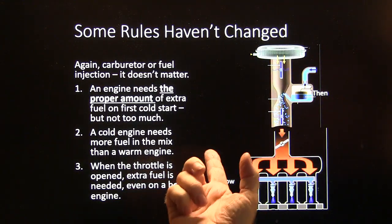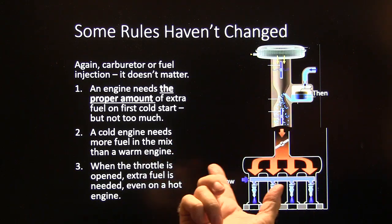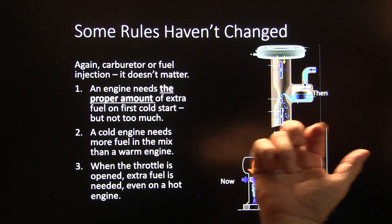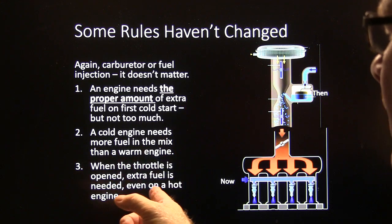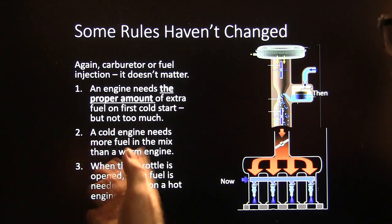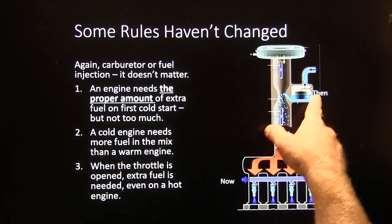All right, some rules haven't changed. Carburetor or fuel injection, it doesn't matter. An engine needs a proper amount of extra fuel on the first cold start, but not too much. It needs more fuel in the mix than a warm engine. In other words, a cold engine needs more fuel than a warm engine. When the throttle is open, extra fuel is needed, though, even on a hot day, or on a hot engine, I'm sorry. So if you're giving it gas, you're getting some extra squirts here because you need what the accelerator